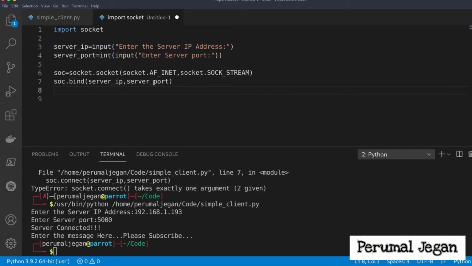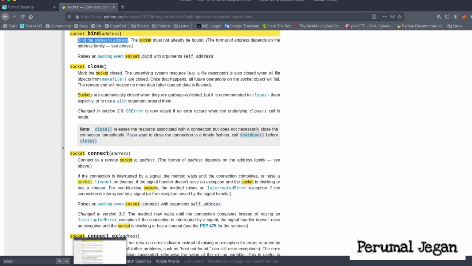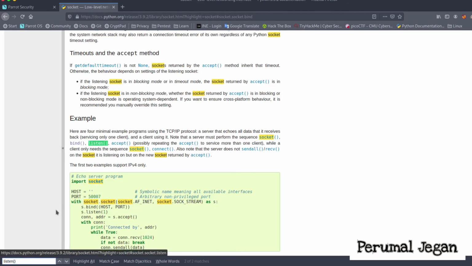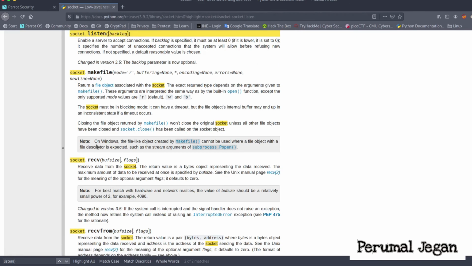After binding the server IP and port with the socket, this server has to listen for the incoming connection. For that, we are going to use a function called listen. Let's search for the function called listen here. You can see here, enable a server to accept connections.